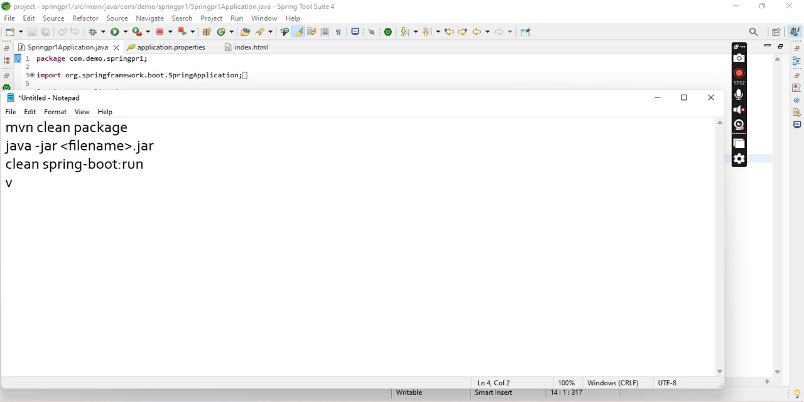So what is version control? Version control tools are Git and GitHub, GitLab, Bitbucket. That's all the version control tools. So to work on